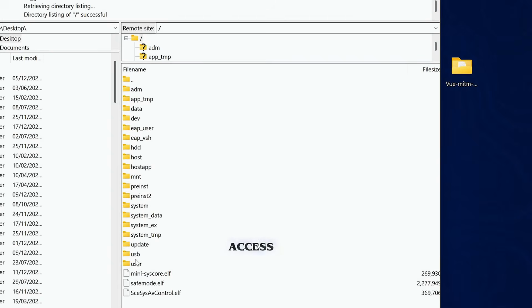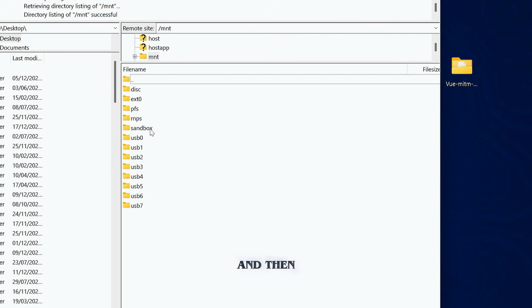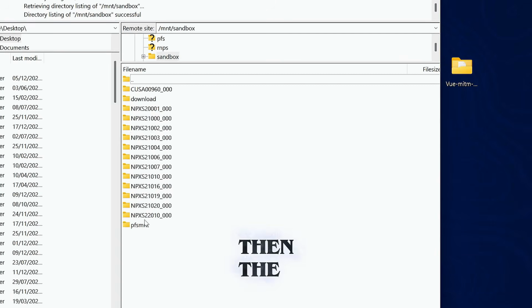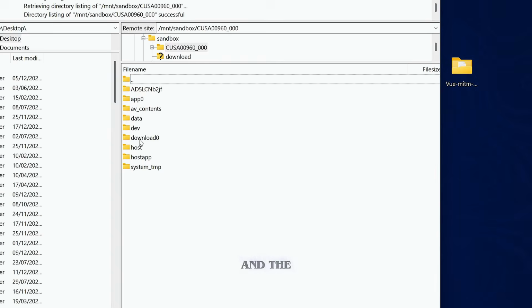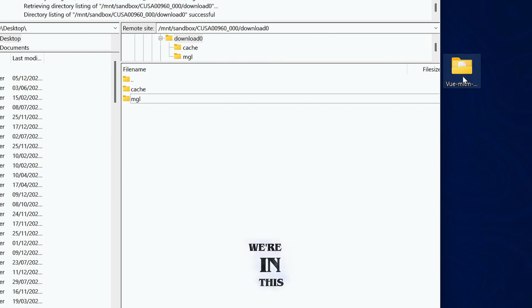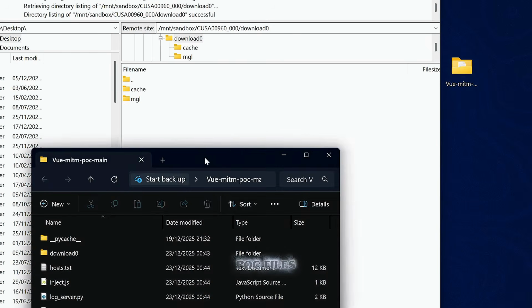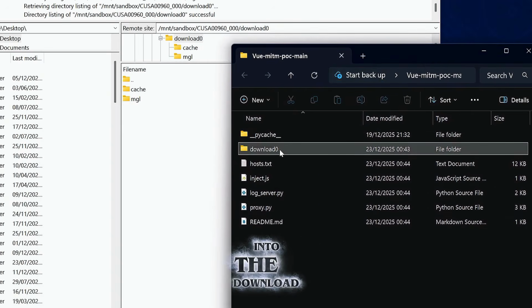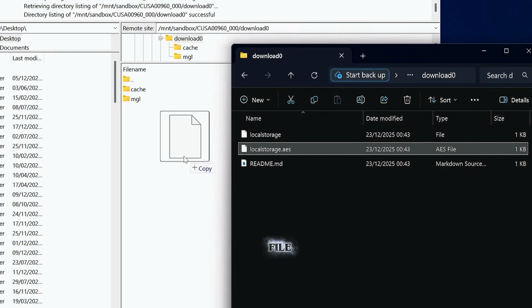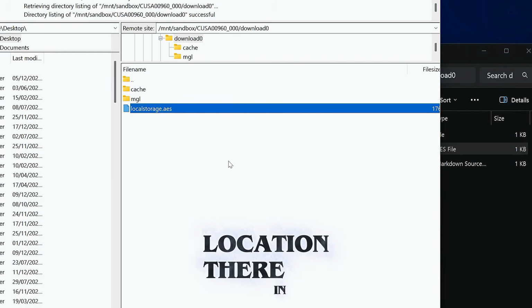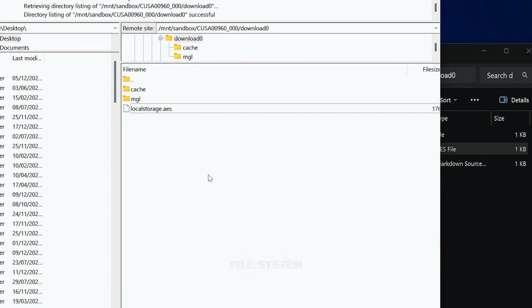So to do that, we need to access the PlayStation 4 file system either through FTP or the PS4 Explorer homebrew app, at which point you can then head into the mnt directory and then the sandbox directory and then the CUSA00960_000 folder, then the download0 folder. And then once we're in this folder, we want to open up the POC files and then go into the download0 folder in there, and you'll find localstorage.aes. You want to copy that file into the location there in the download0 folder on your PS4's file system,